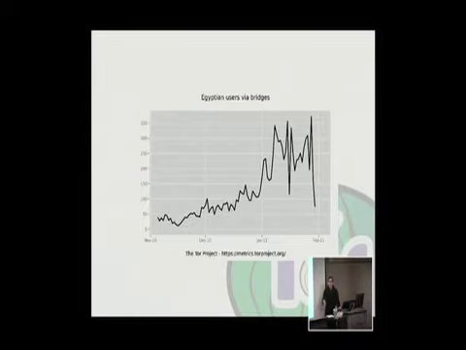Even when the internet was almost entirely down, there were still users in Egypt. So it's actually the case that even when the internet was totally crippled and people thought Egypt was completely offline, it wasn't entirely offline. The Ministry of Information was still connected to the internet too, which is kind of an interesting thing.